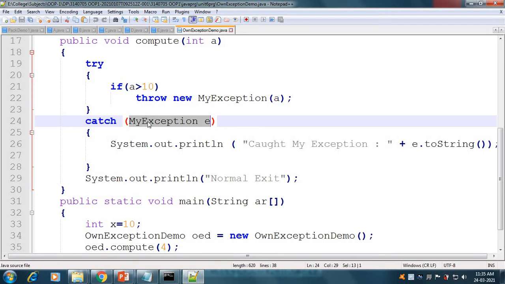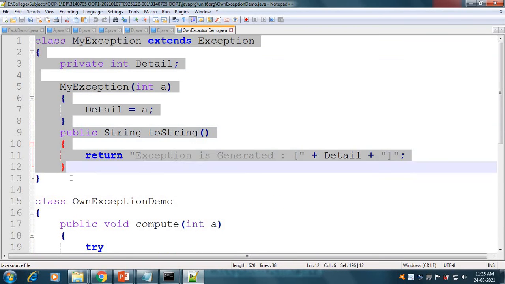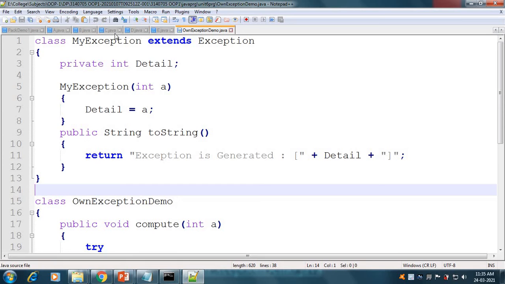There is MyException class, which is our created class. So here we have class MyException, and we have to extend the Exception superclass.